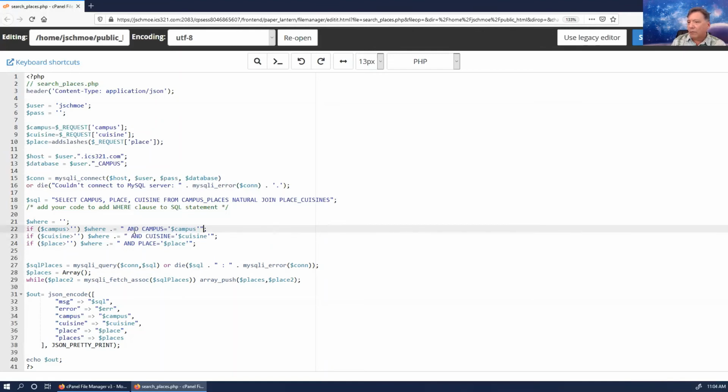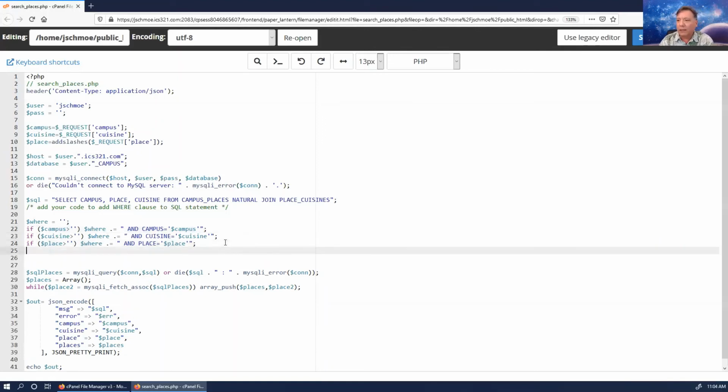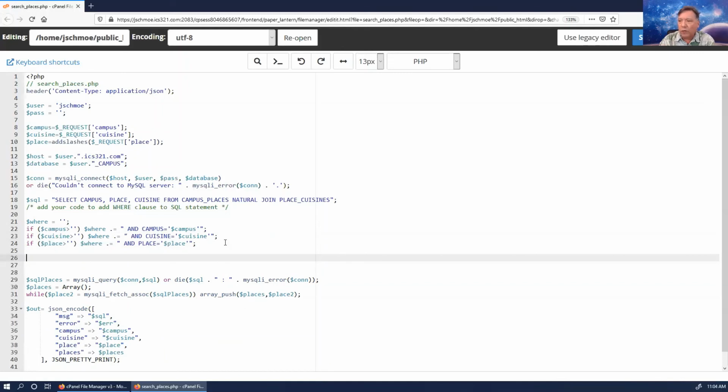Now the problem with this string is that it's going to have this and right in front of it. There are a couple of different ways that you can take care of that. One way is you can say, because it's possible that where has nothing, if where is greater than nothing, then